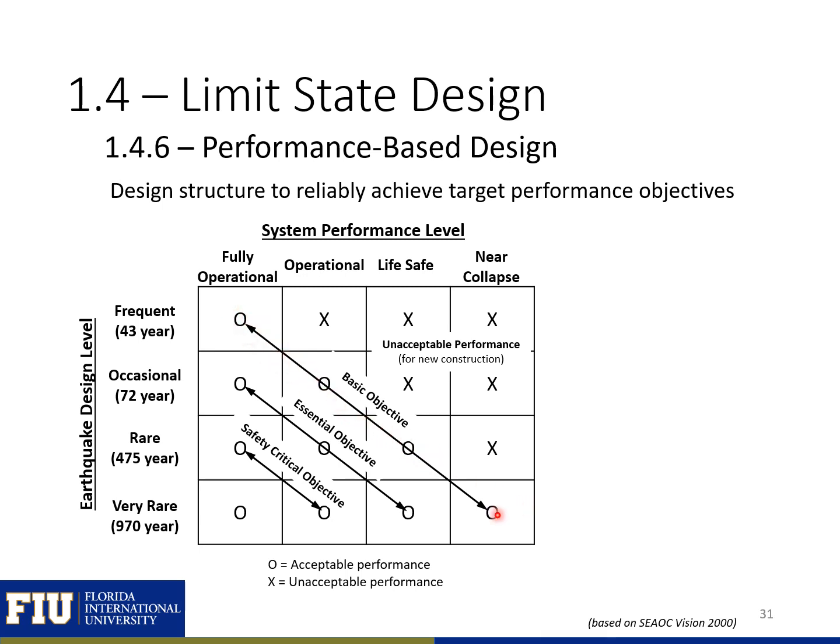We can then decide if our structure is more critical, like maybe it's a hospital or a power plant or something, or holds some type of nuclear material or something like that. We could have an essential objective or a safety critical objective. So in a safety critical objective, we would want to be fully operational under even rare events and operational under very rare events. So we can design a structure to meet safety critical objectives, but it will be much more